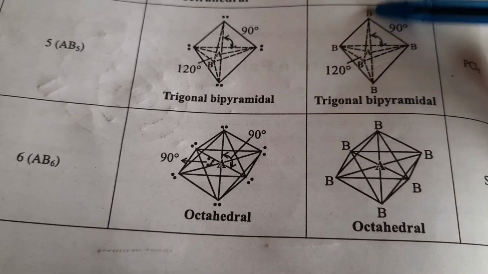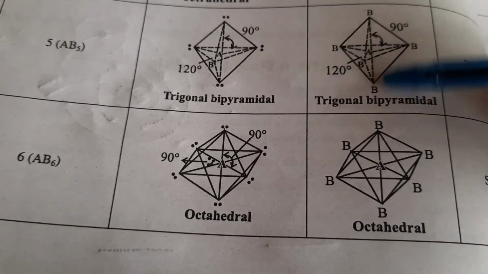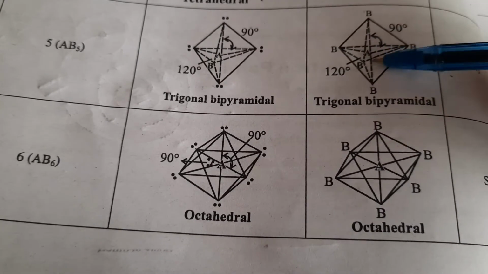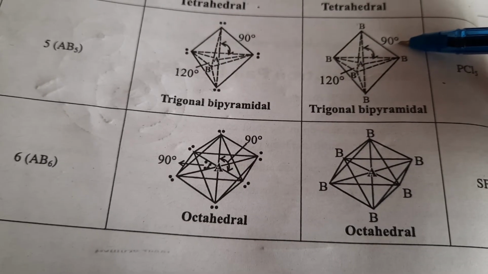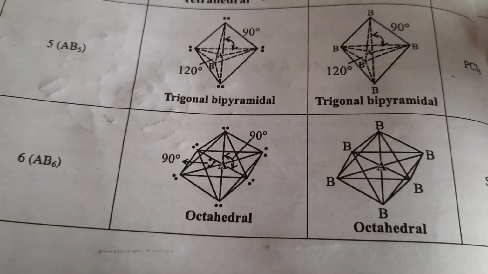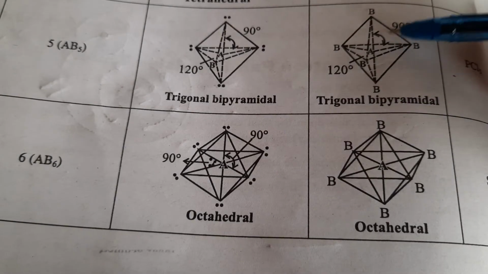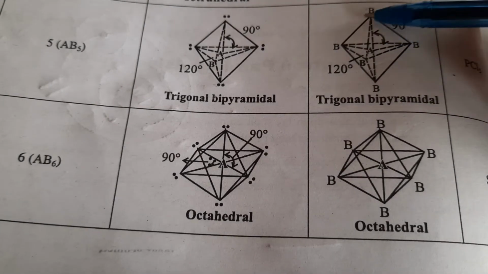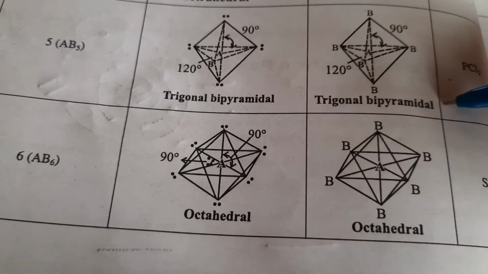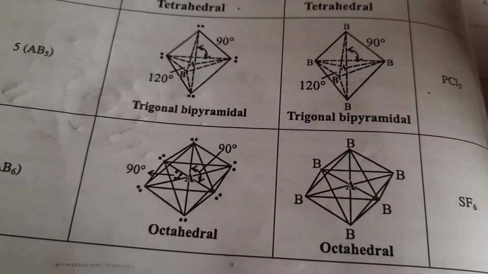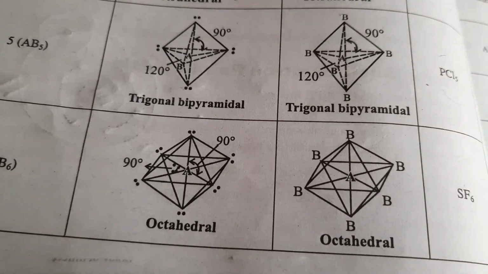And from the linear, that is, straight, you will have 2 bonds, an A-B bond, this is also a B bond, and that angle will be 90 degrees. It is referred to as a right-angle type of shape, and we can call it trigonal bipyramidal. An example you can consider is PCl5.